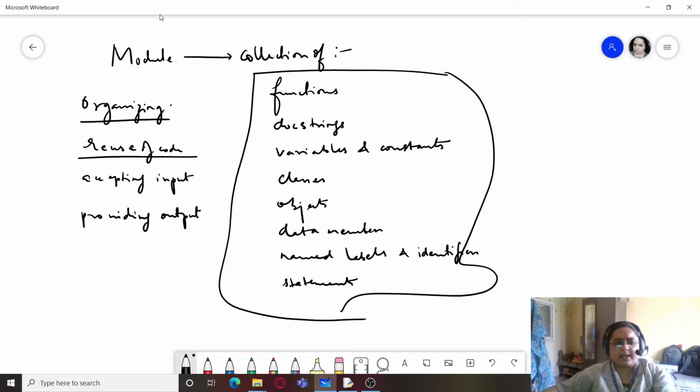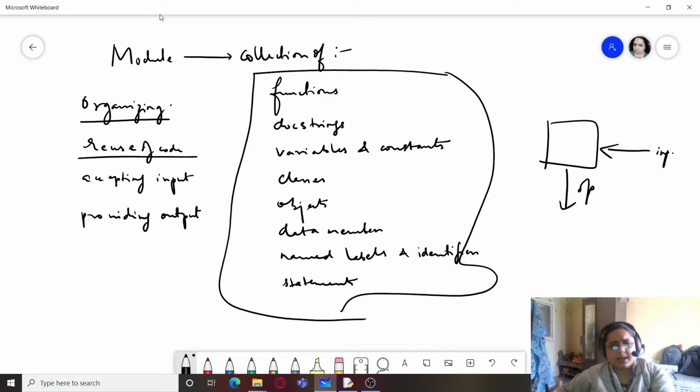So modules can accept input also, and they can provide some output also. Right. So this is the function of a module. Modules are imported in your program, and those modules are executed completely, and their functionalities are added or linked to your program so that certain tasks can be accomplished without having the need to rewrite the code from scratch.